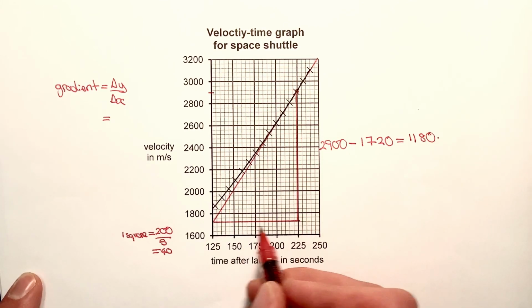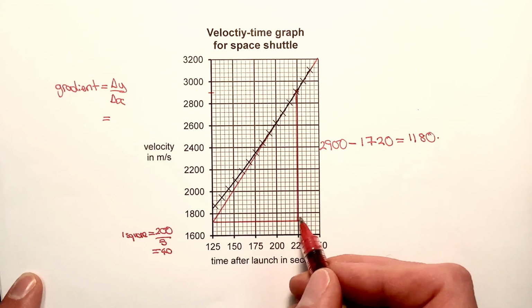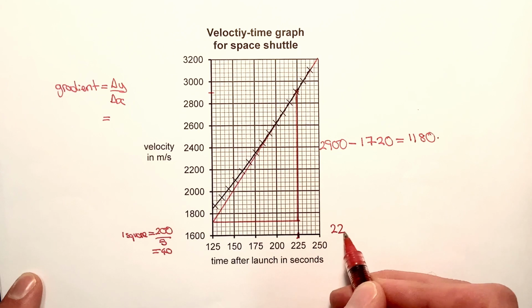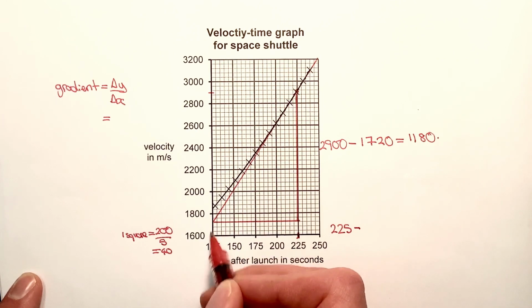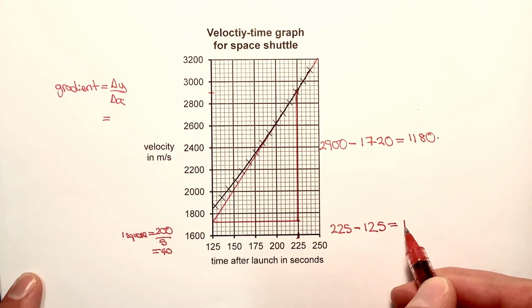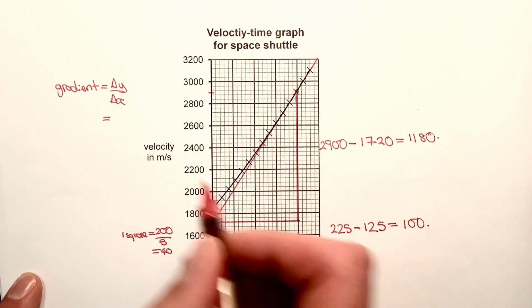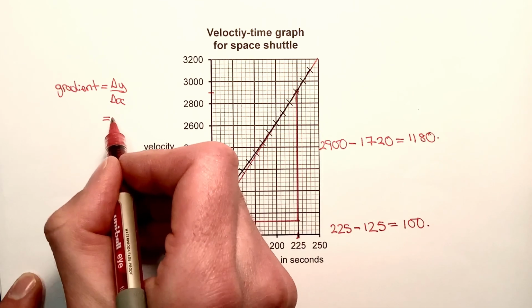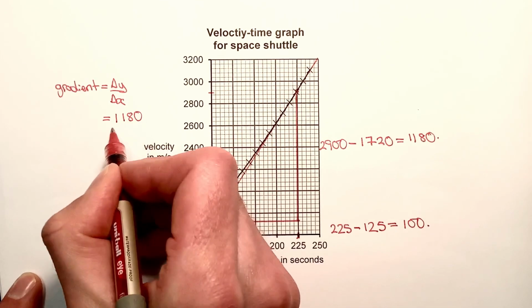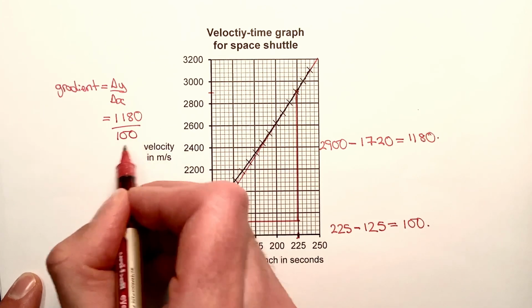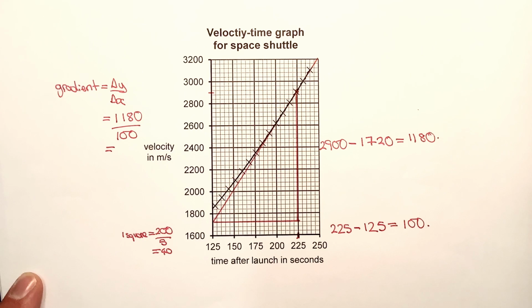And then I need to do the change in the horizontal, which is a lot easier, which is going to be my final value, which is 225, minus my starting value, which is 125, which gives me 100. And then to work out my gradient, I'm going to do the change in the vertical, which was the 1,180, divided by the change in the horizontal, which is 100. And that comes out equal to